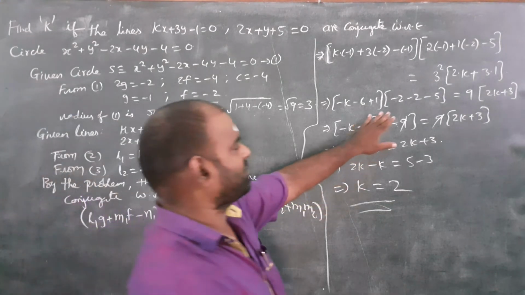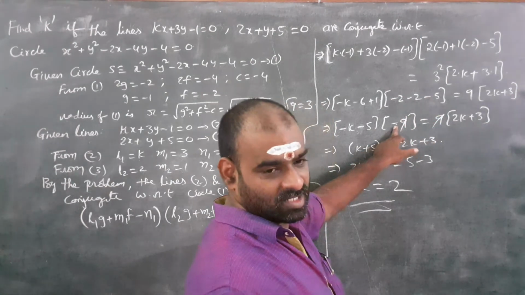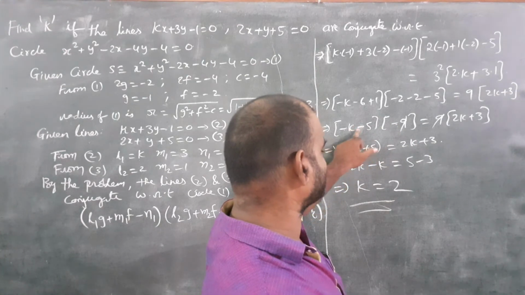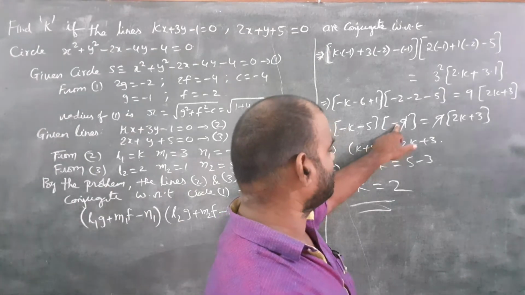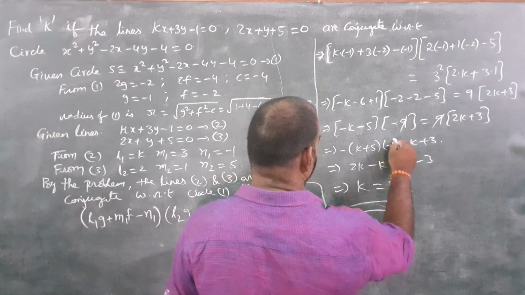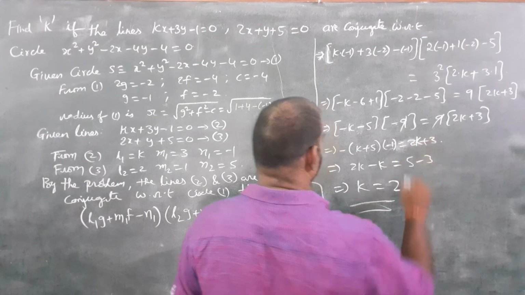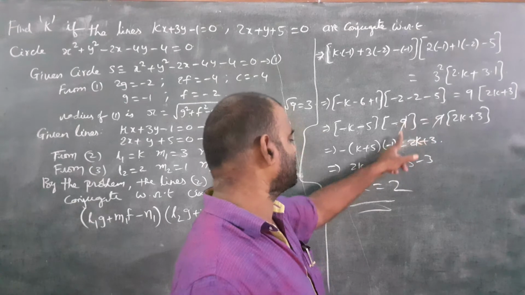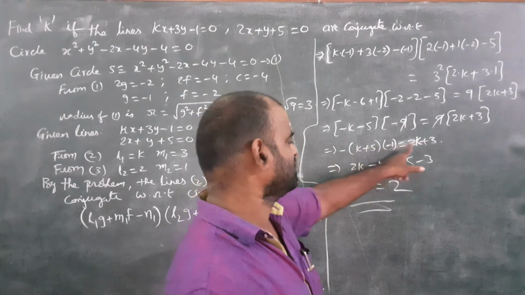So once again you have to observe here minus 2, minus 2, minus 4, minus 5, minus 9. So this minus and here minus K minus 5. You take common as minus, it comes as minus of K plus 5 into minus 9. So you put another step here for your clarity. It is nothing but like this. This 9 and 9 is cancelled. Here minus 1 and here you take common minus 1 and from this K plus 5 equal to 2K plus 3.